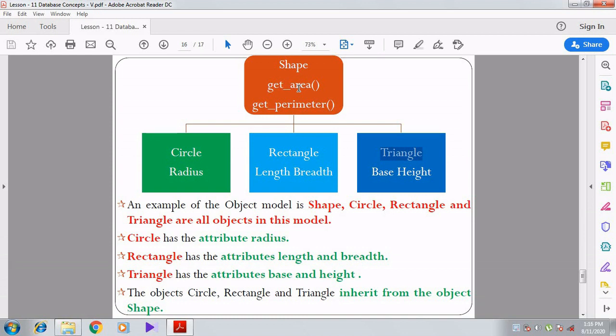So whenever a child is born, the child acquires the properties from their parents, right? Inherit the properties from the parents. So already we might have studied inheritance in 11th. So the same concept is given here. So circle, rectangle and then triangle, all these objects are inheriting the properties from the object called shape.